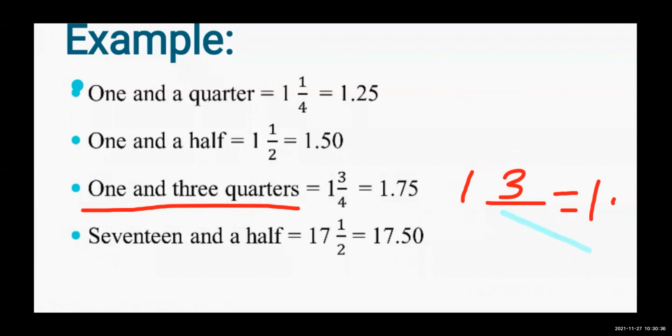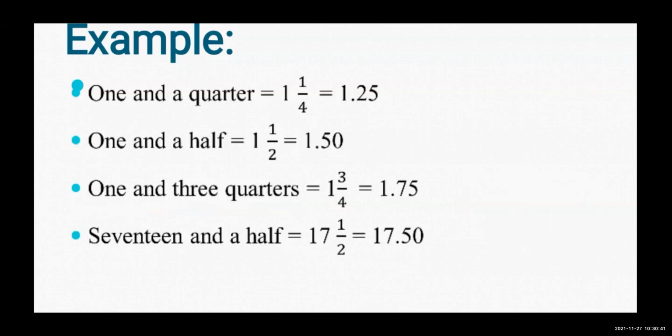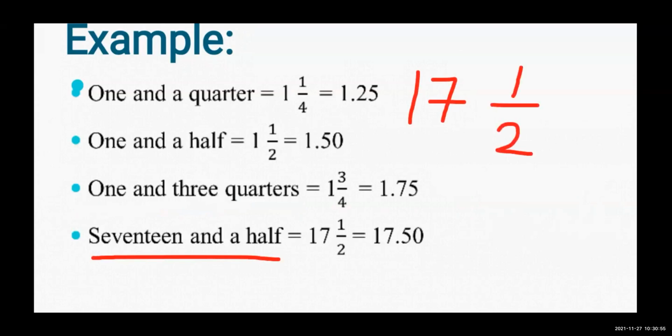So in this way, you will write down the following fraction as decimal fraction. The last sums which I have given you, for example, 17 and a half. So 17 means whole, you will write 17. Half means it is 1 upon 2. Half क्या fraction है? 1 upon 2. So in the decimal fraction, what are you going to write? 17.50. So I hope I have explained how you are going to write down the fraction as a decimal fraction.